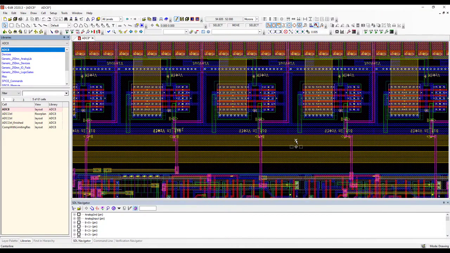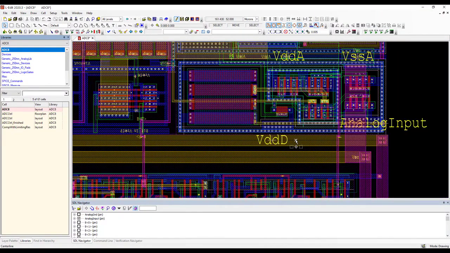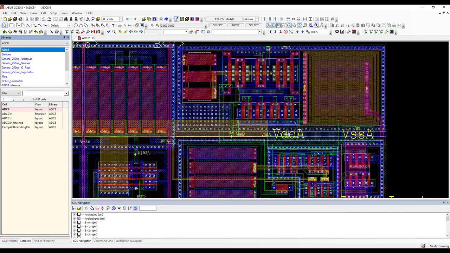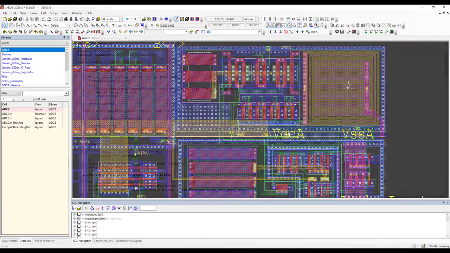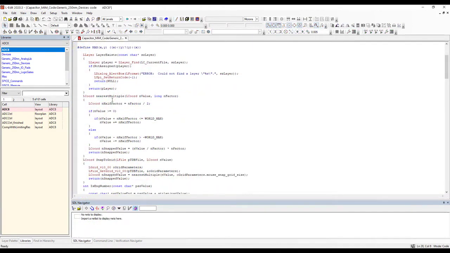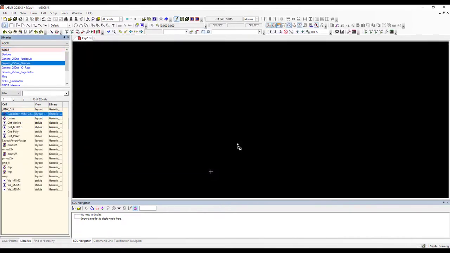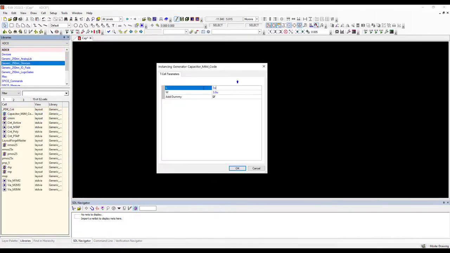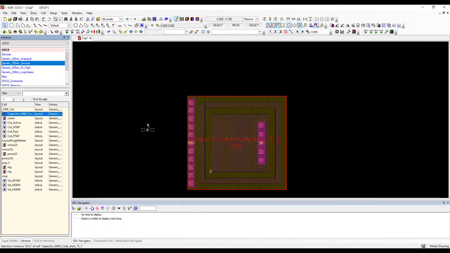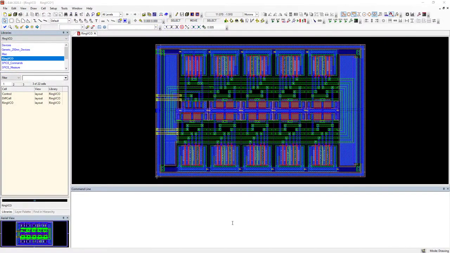Striving for excellent user productivity within Tanner AMS IC design is a key goal for the product development team. The User Programmable Interface within Tanner, also known as UPI, enables users to enhance their design flows with customizations and flow automations. Here in L-Edit, Tanner's physical layout environment, C and C++ functions can be executed directly from the TCL